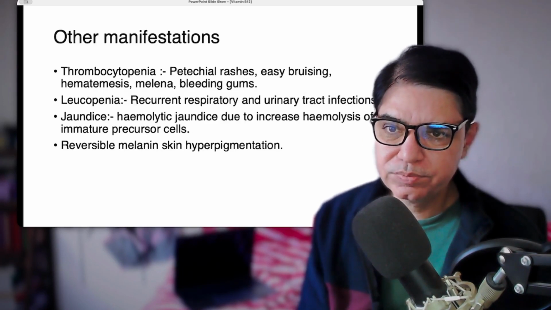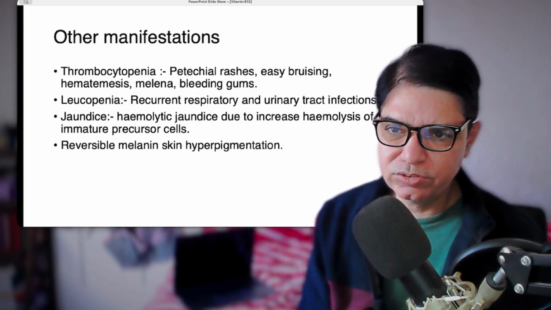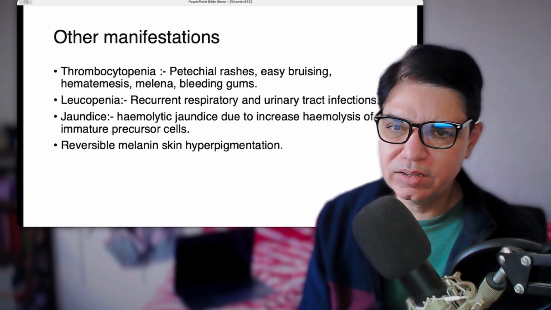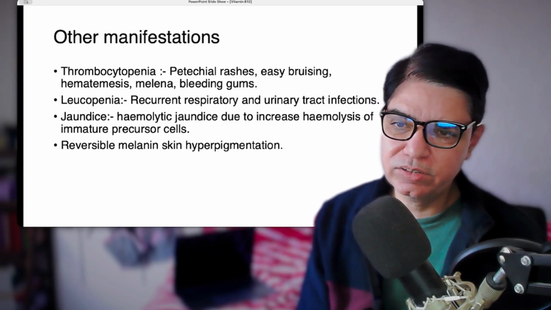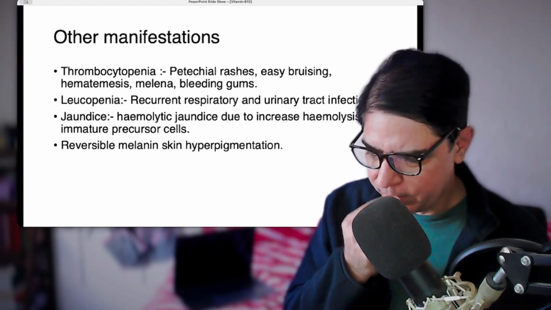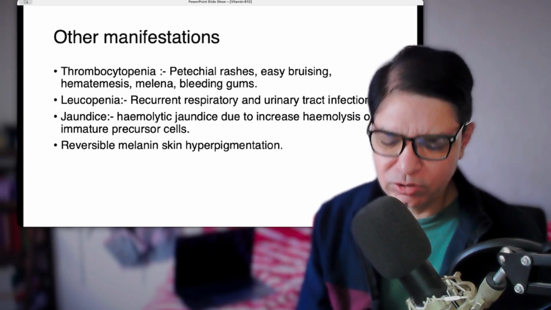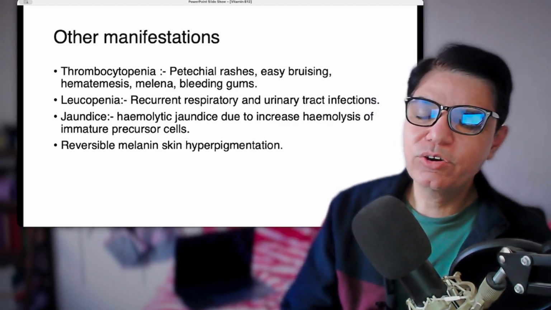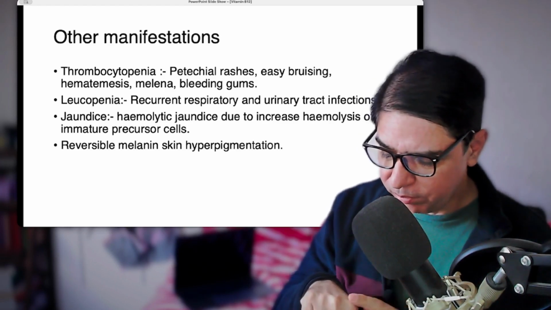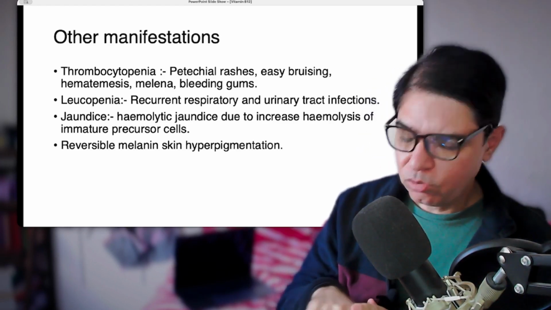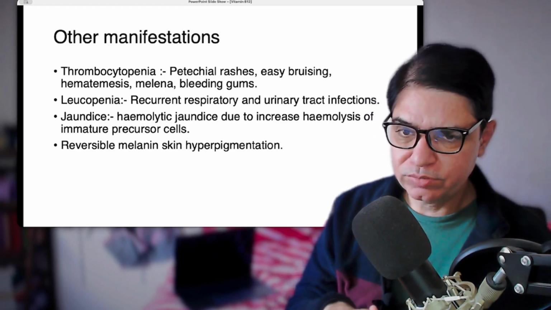Other manifestations are hematological manifestations: it causes megaloblastic anemia. It can interfere with the functioning of the white blood cells as well. So some people can get repeated infections, and it can sometimes cause jaundice. One important thing is that it causes both hyper and hypopigmentation. So if you see somebody who's got dark or fair knuckles, as compared to the rest of their skin,